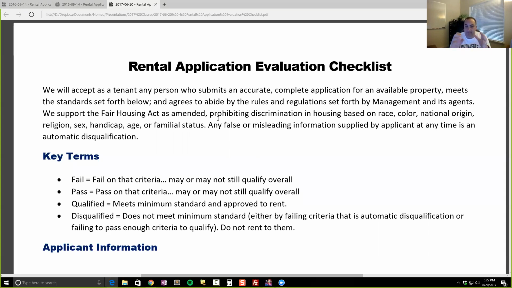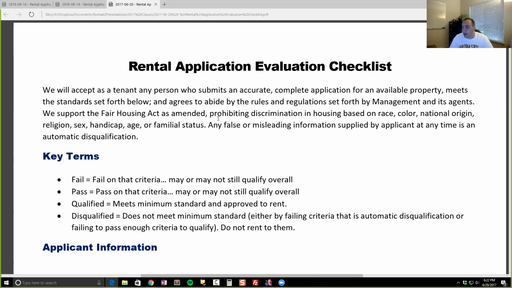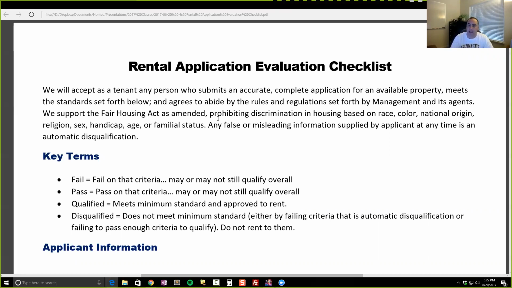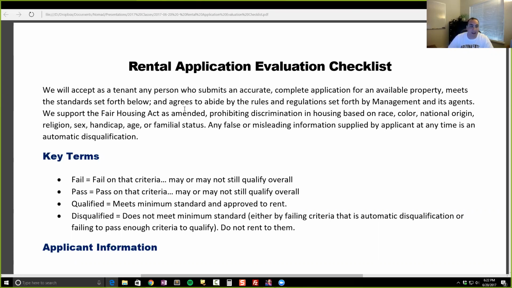This sheet is more like a checklist system to work through the rental application evaluation and decide whether or not you are going to allow someone to rent your property. So very similar to Brian's. We will accept as a tenant any person who submits an accurate, complete application for an available property, meets the